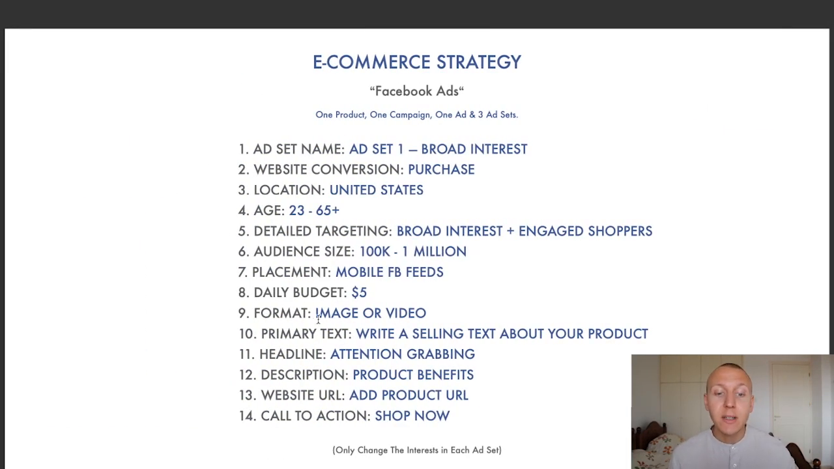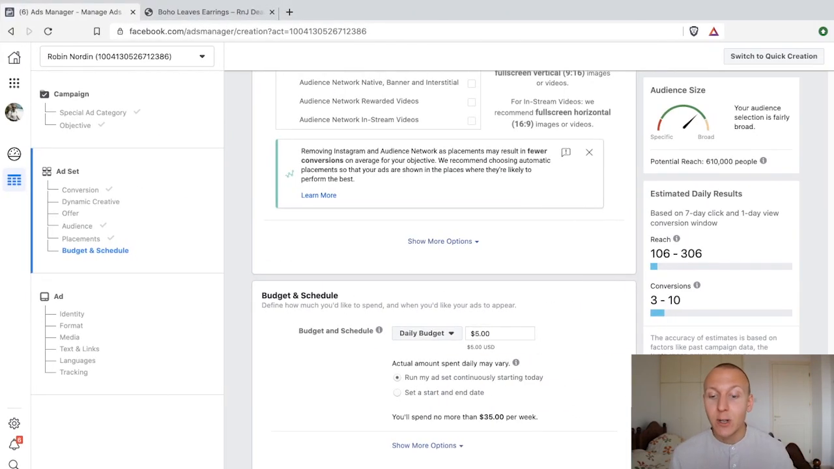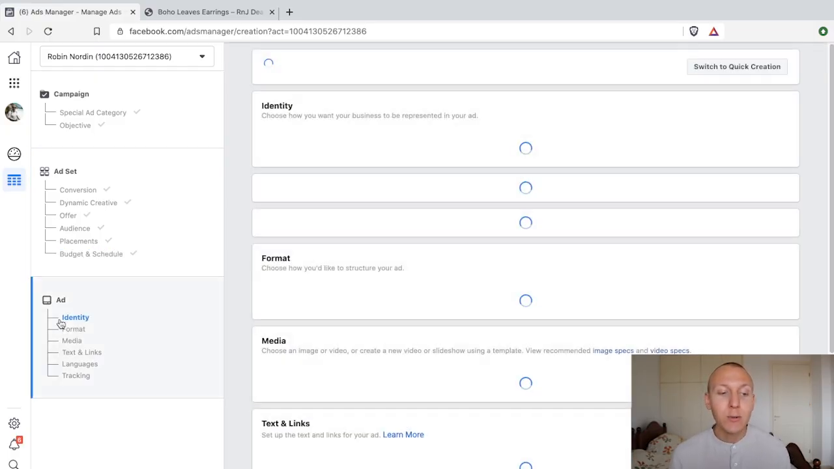The next one is going to be the format, and that is going to be when we click on continue. So what I'm going to do now is that I'm going to click on continue, which brings us to the ad